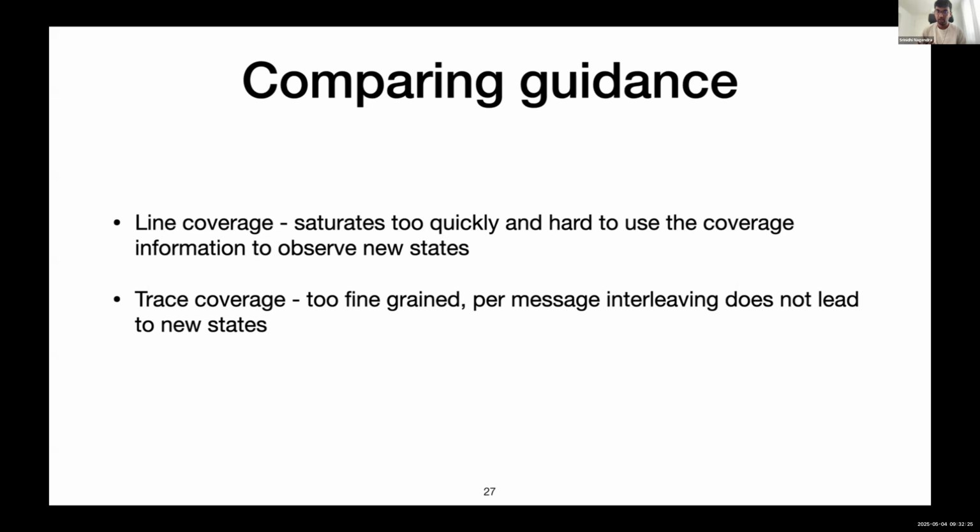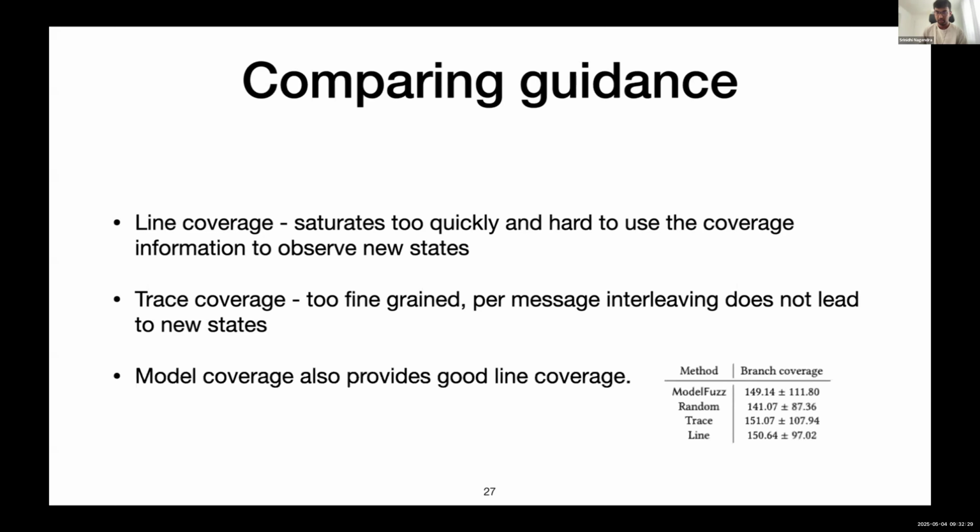So line coverage is too coarse and trace coverage is too fine grained. And the other thing we observed is that using the model as coverage actually gives you good line and trace coverage. So you don't lose out if you use the model. You get good coverage on the lines or the traces using the model.